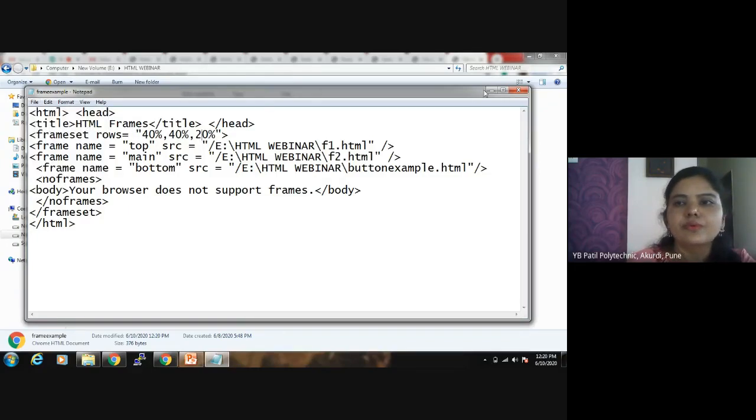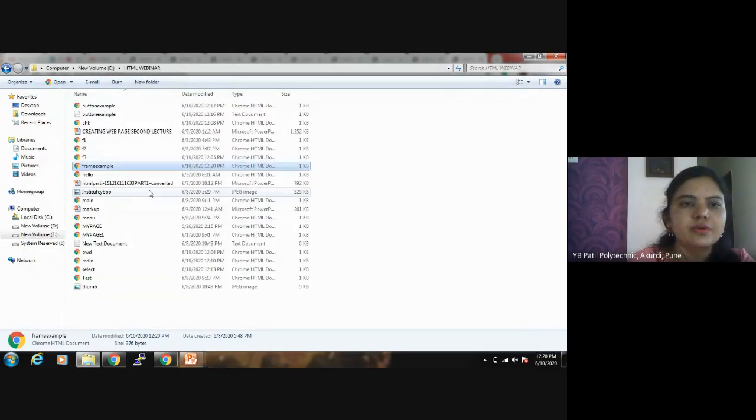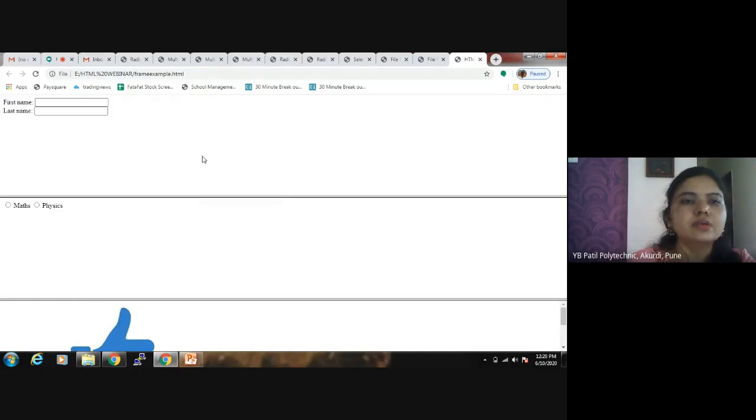Save. So our browser is divided horizontally into three parts, and the space allocation is also changed. So this is the frame.